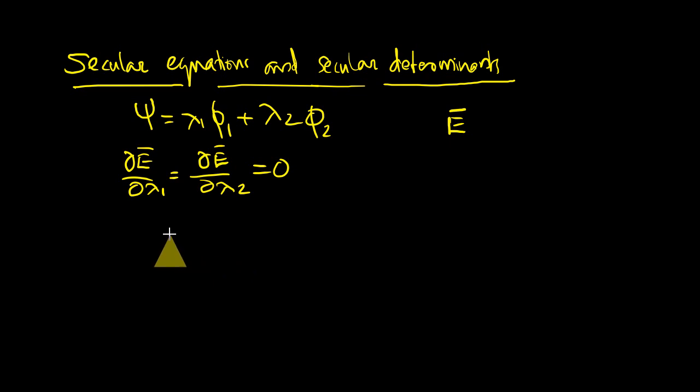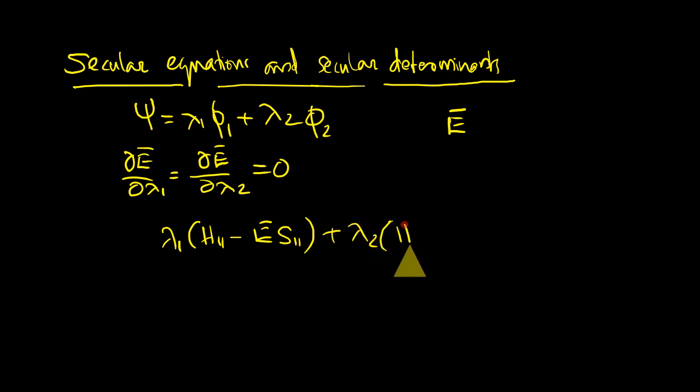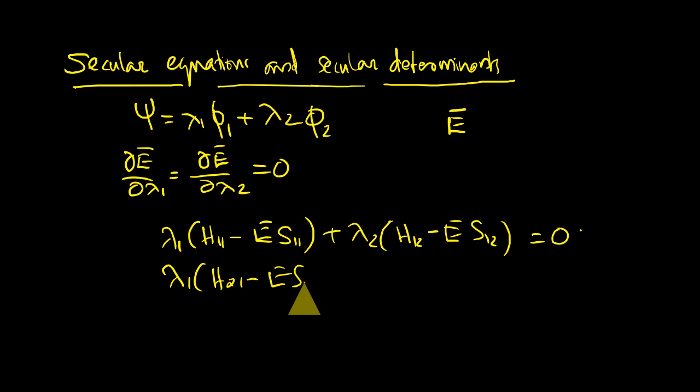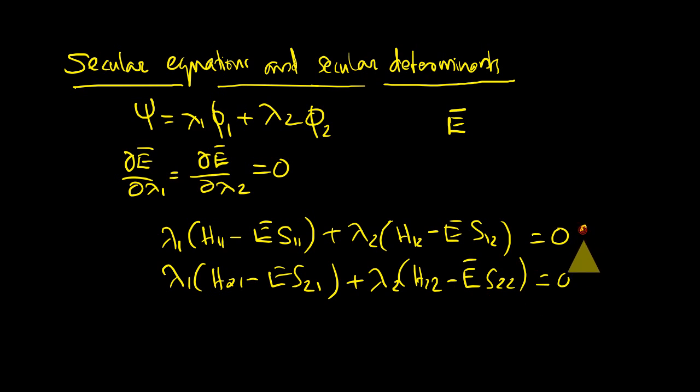of equations? That is lambda 1 into h11 minus E bar s11 plus lambda 2 into h12 minus E bar s12, that is equal to 0, and lambda 1 into h21 minus E bar s21 plus lambda 2 into h22 minus E bar s22 is equal to 0, and these equations were called as secular